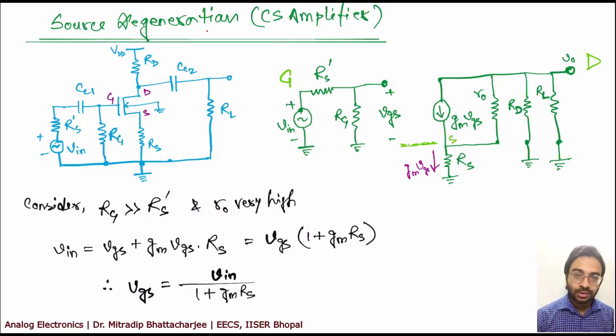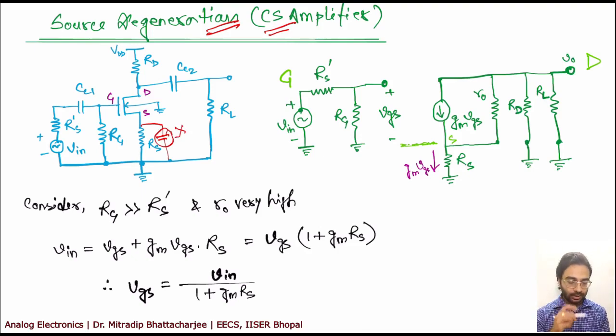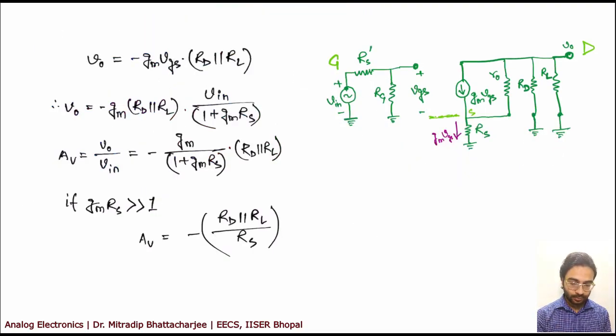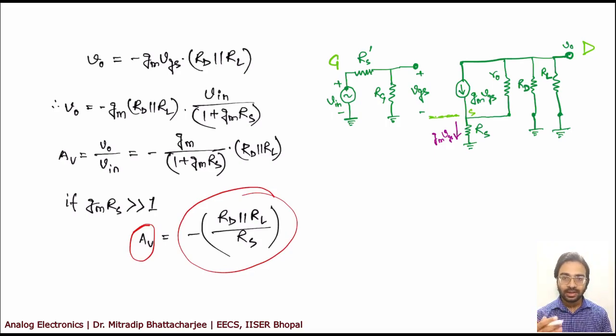We have already discussed source degeneration in the common source amplifier, and we have shown what the effect in the circuit will be if the capacitance is not connected. We have seen that we can reduce the effect of external parameters on the gain. This time it is not a function of any device technology parameter, and so it is not a function of temperature as well.